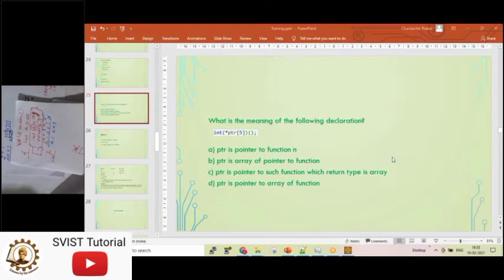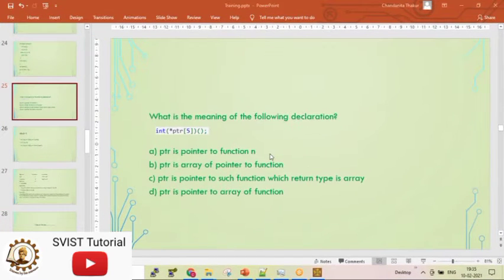Okay. So now coming back to the question, what will be the answer, and why will it be the answer? How to decide? Deciding factors are: array of pointer, pointer variable, pointer to an array.